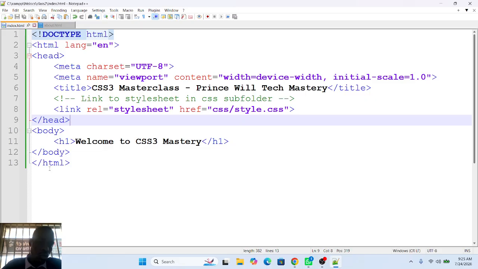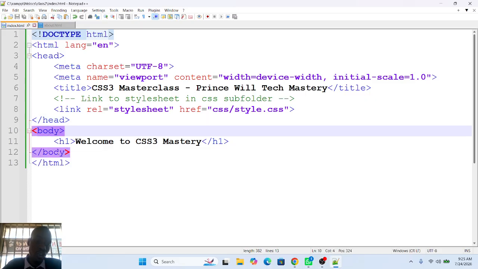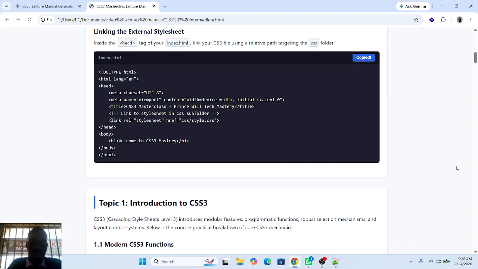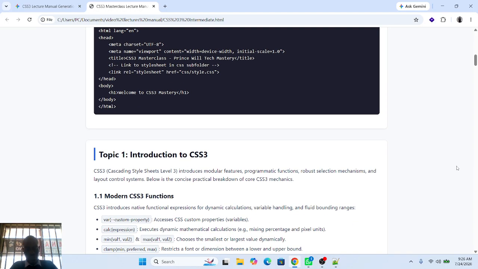And then we now come to the body section. In the body section, we don't have much content there yet. We just have welcome to CSS3 what? Mastery. Now this is how you manage. Are you getting me? This is how you manage to structure your web page, your website, and it will be easy for you to handle and manipulate later. Now let's go into the topic of the day,